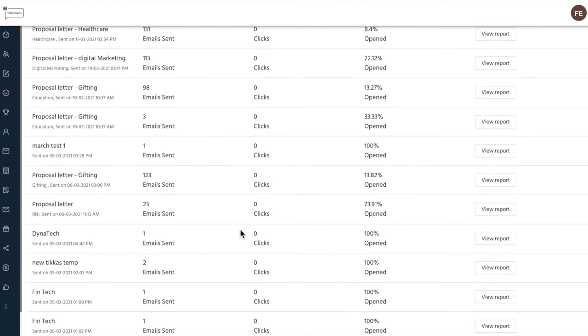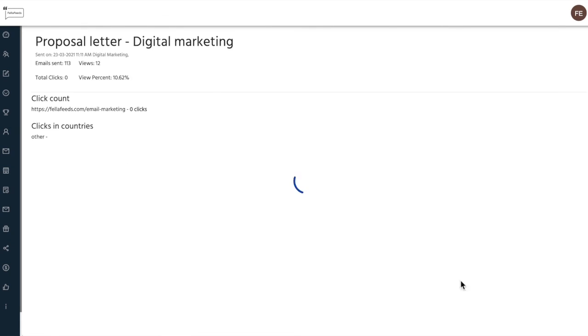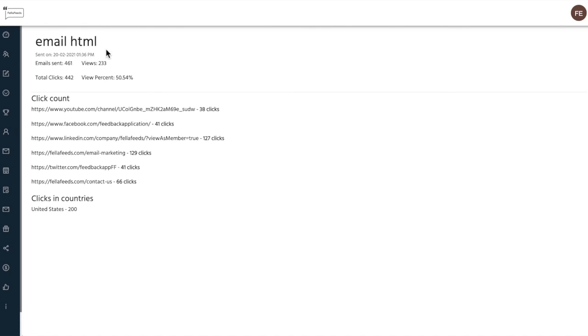You can also check the different links you are getting clicks on. For example, in this campaign we have put different links, and it shows you how many clicks you are getting on individual links. By observing that, you can also configure your future campaigns according to the response you are getting on your campaigns.